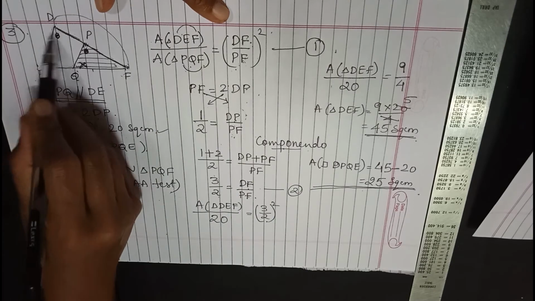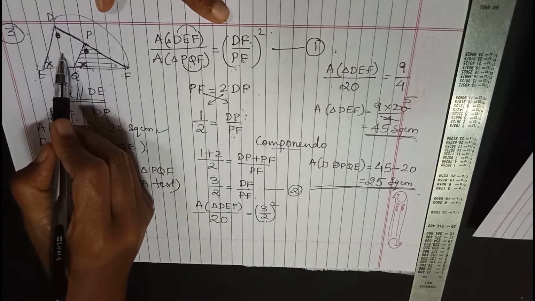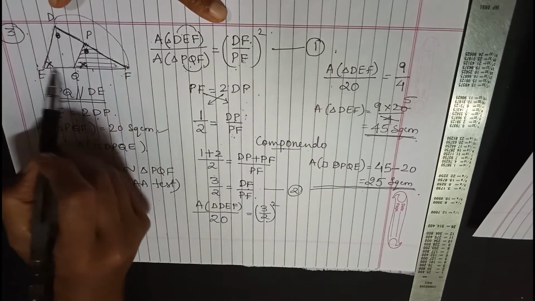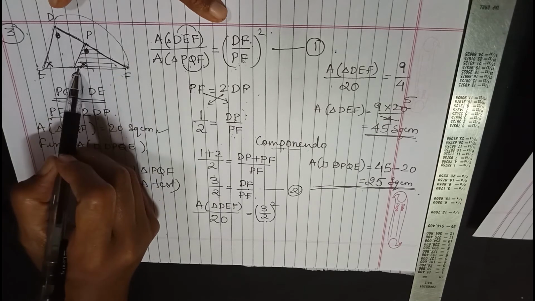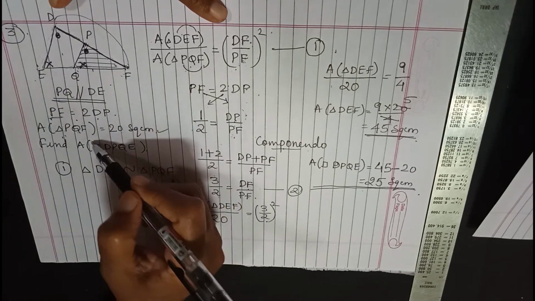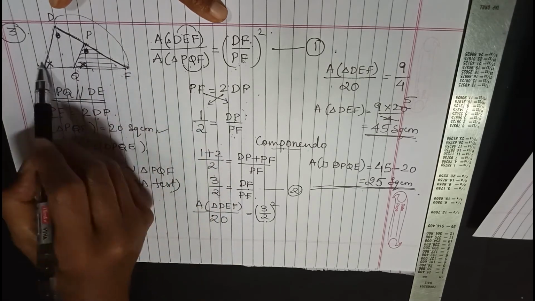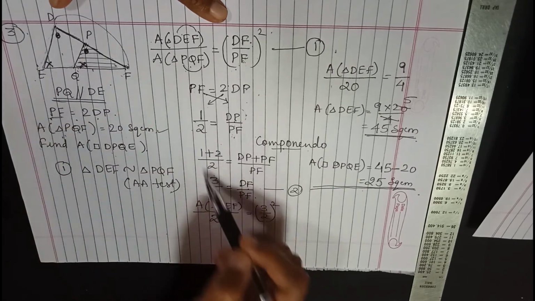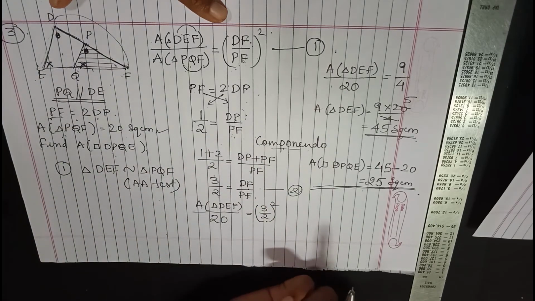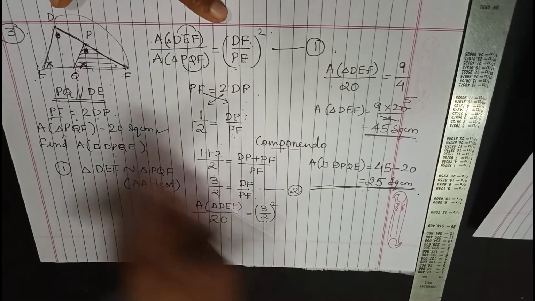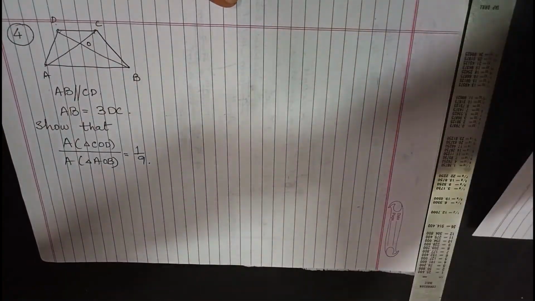So the concept basically here is, if you want to find the quadrilateral area, find the area of the two triangles and subtract them to get your answer. One of the triangles will be given, either the bigger one or the smaller one. Use this same method to find the area of the second triangle and just subtract it. Let's go to one more question.